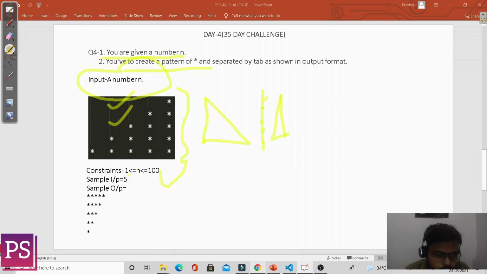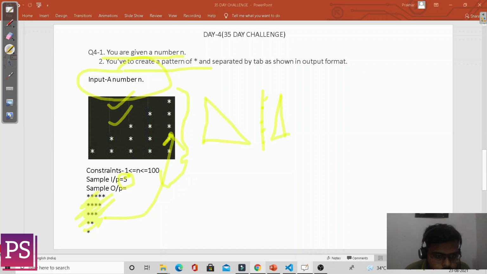Sample input is 5. I think there is some mistake in this, so just ignore this one.